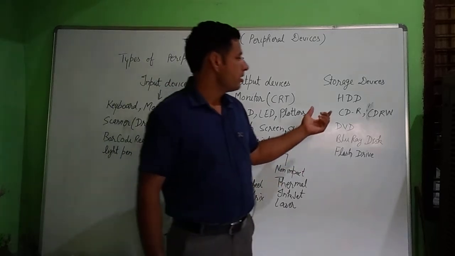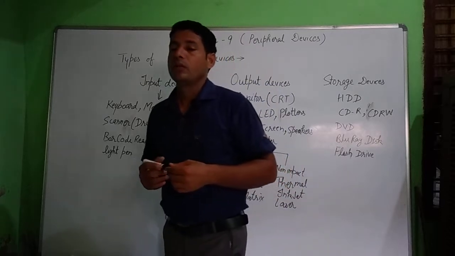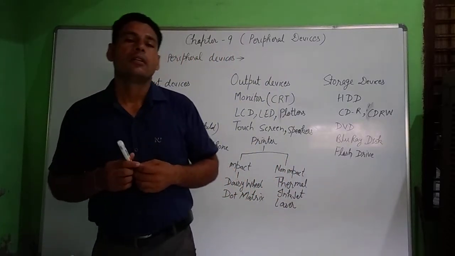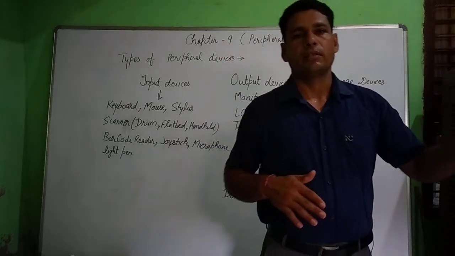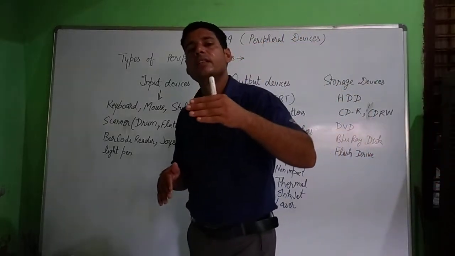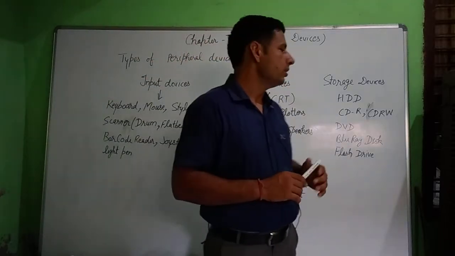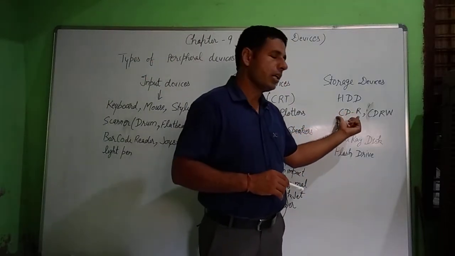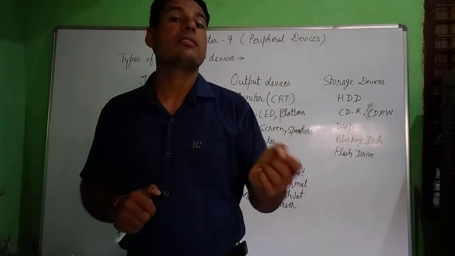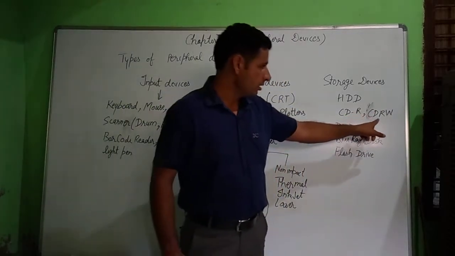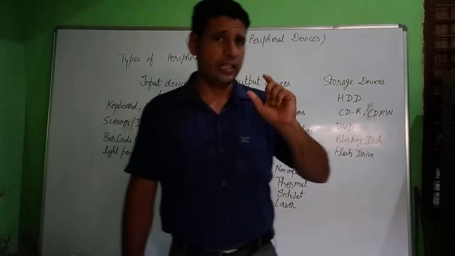Next we are having CD-ROM. You have a device in which you can put the CD and then you can play that CD. You can store data inside the CD and you can copy the data from the CD to your computer. CDs are of two types, CD-R or CD-RW. CD-R, compact disc recordable, and RW is read and write.